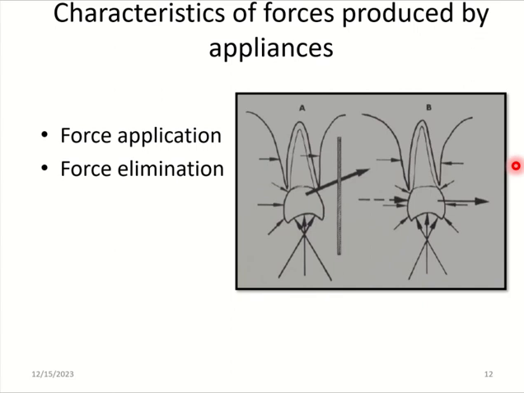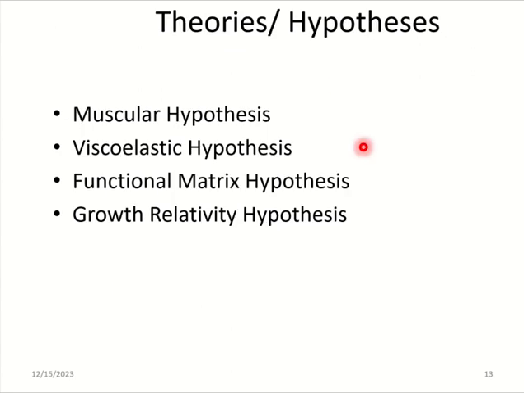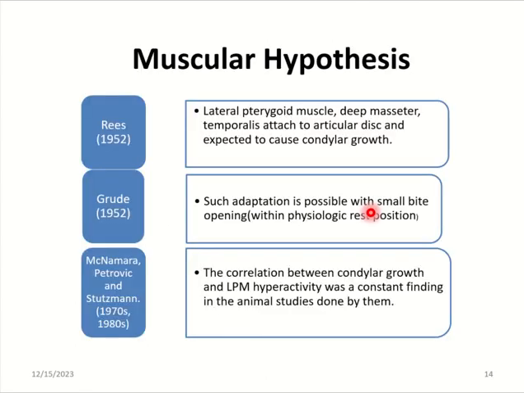Whereas force elimination would be where abnormal or restrictive environmental influences are eliminated using certain appliances. So coming to theory, you have the muscular hypothesis, viscoelastic hypothesis, functional matrix hypothesis, and the growth relativity hypothesis. So coming to the muscular hypothesis, here the case is that the